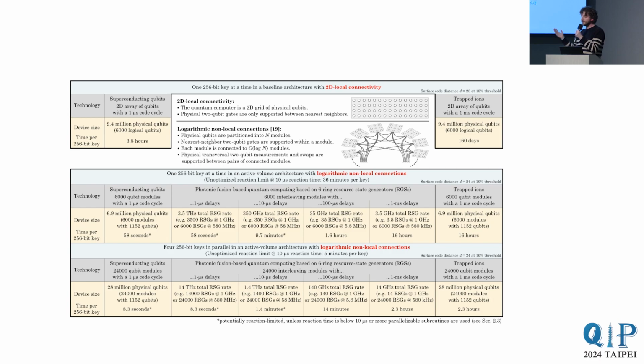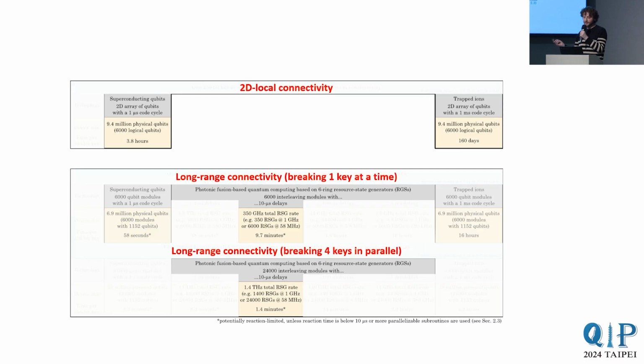Now, this table contains resource estimates for trapped ion, superconducting qubits and photonic qubits, as well as architectures with and without long-range connections, and you can inspect it more closely in the paper. I will just quickly highlight a few data points. Using an architecture without long-range connections, so a 2D array of physical qubits, it takes 3.8 hours to break a